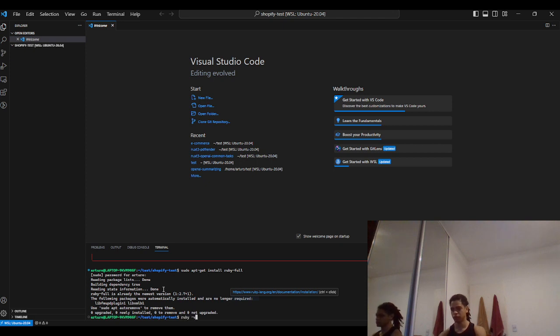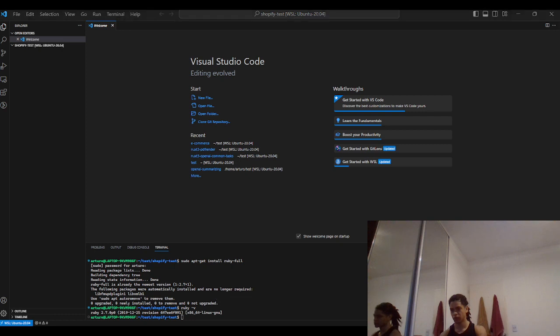Ruby version. And how can I use the latest version? Okay, install Ruby 2.7. Okay. Yeah, but